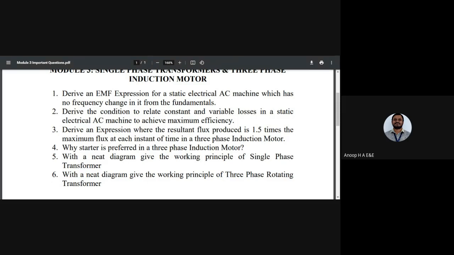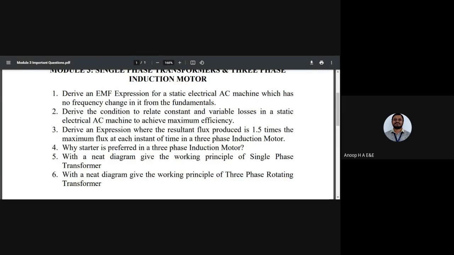You will have a magnetic circuit. One magnetic circuit will be present and two electric circuits. The side to which the supply is connected is called the primary winding, and the side to which the load is connected is called the secondary winding. In a single phase transformer, the principle of mutual induction comes into the picture, where the transfer of energy takes place from one coil which is energized, the primary coil, to the next coil, the secondary coil, which is connected to the load.